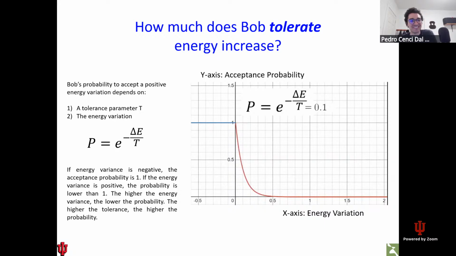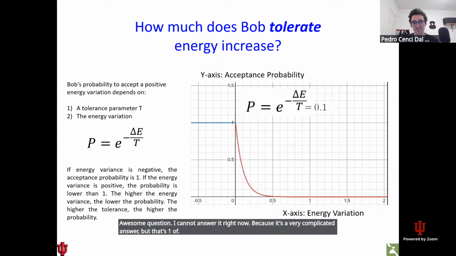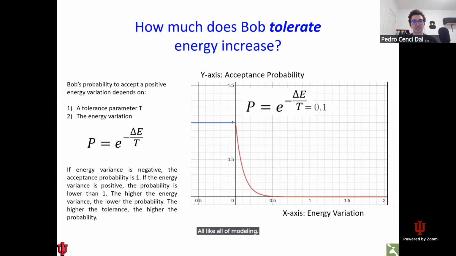Awesome question. I cannot answer it right now because it's a very complicated answer. But that's one of the central challenges in all of modeling. Sometimes the parameters we set are based on the behavior of our simulation. Sometimes there is a way that you can map this parameter to a real metric, something that you can translate to an experimental quantity. But usually it's very hard to say, oh, this is the tolerance parameter that I have to use. So